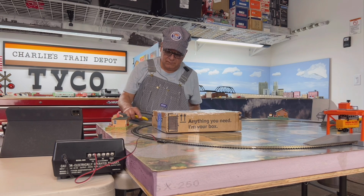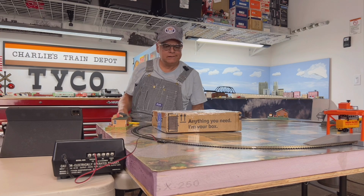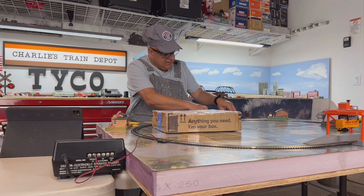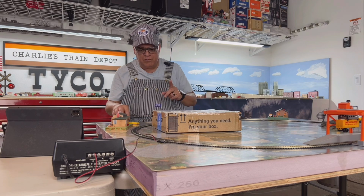Sheesh, I forgot even the name of the... Oh, sorry. It was a Bachmann Empire Builder. The Bachmann Empire Builder kind of fell short of expectations. So we're going to have to deal with that later on. But right now, we are going to open another